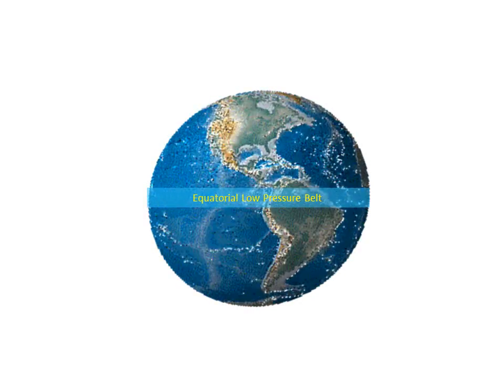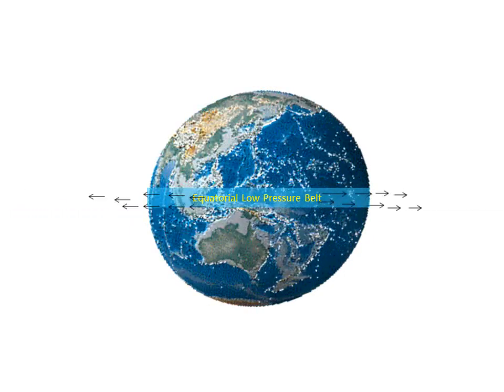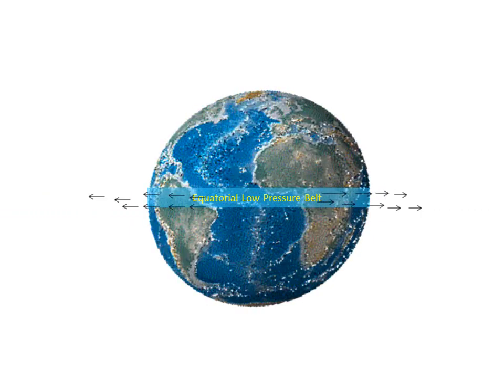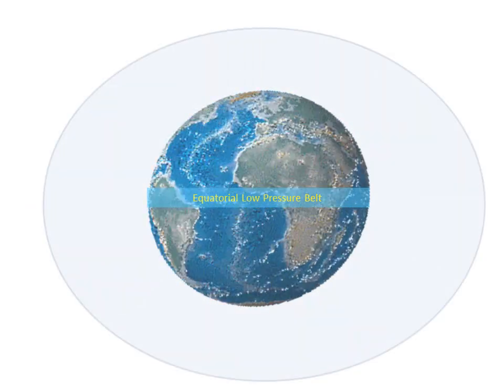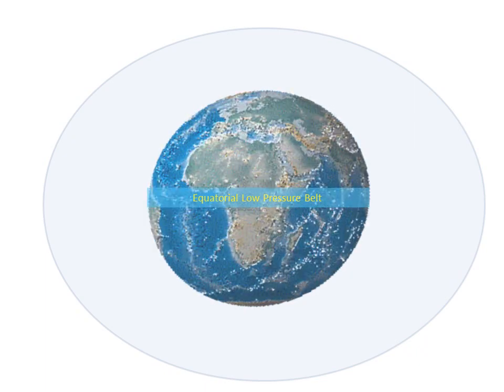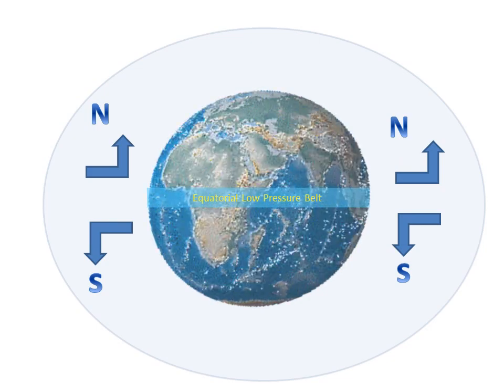At the equatorial low pressure belt, the warm air starts rising up in the troposphere. As the warm air rises, its temperature drops. After rising up to a certain point, it stops rising upwards because it becomes cooler and it is obstructed by the tropopause. So the air spreads out there and starts moving in the northern and southern directions.